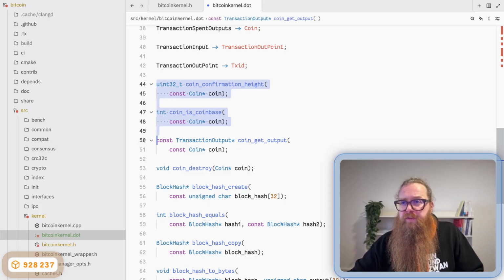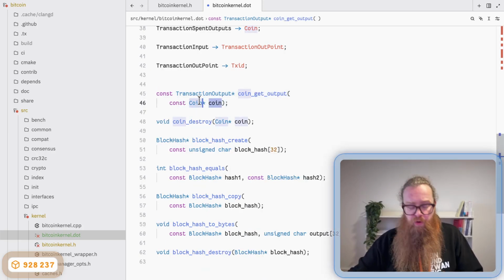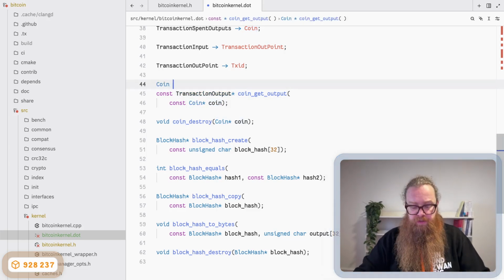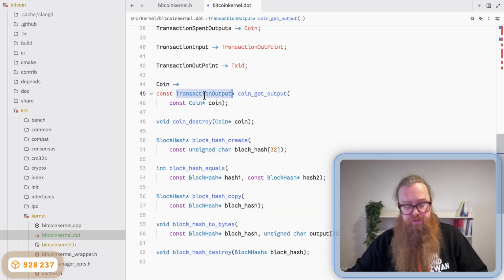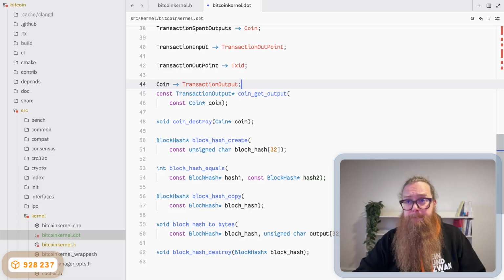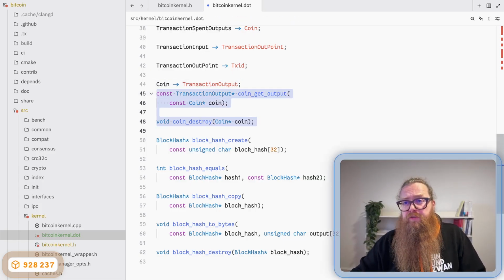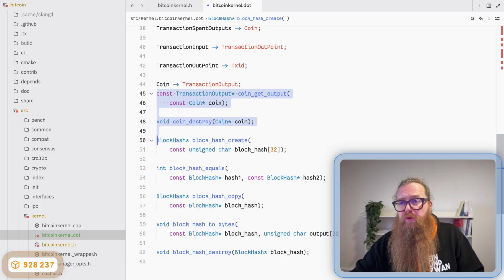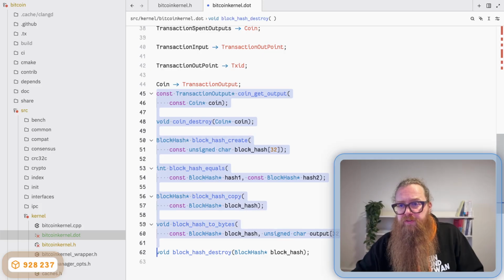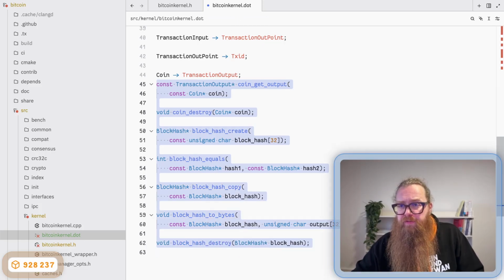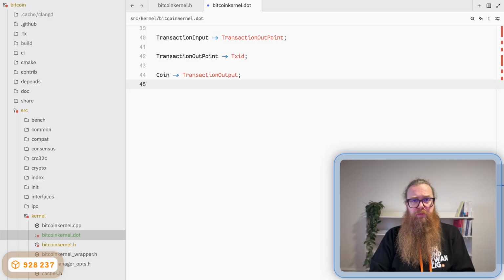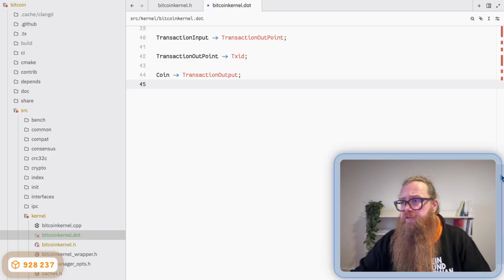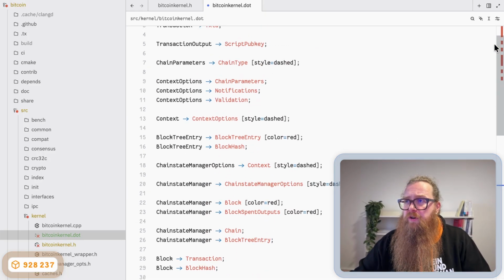Coin get output, so a coin has a relationship to the transaction output. And we have a destructor, and a creation function for block hash from a buffer. We have an equals function, a copy function, a serialize function, and another destructor. So we can remove all that. So it seems like we have all the